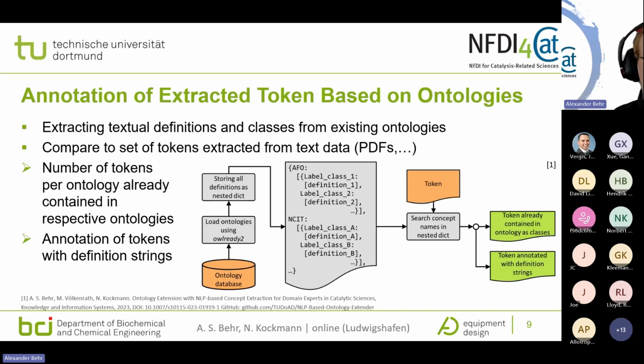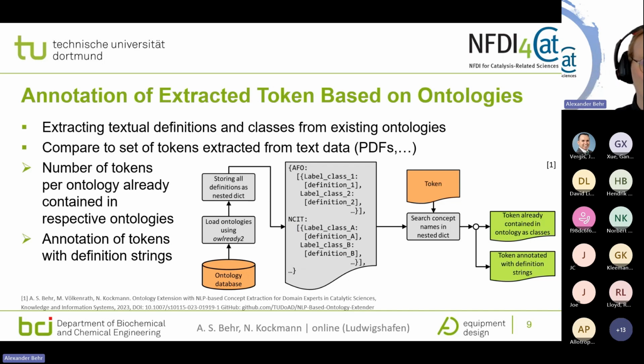As I said, we first went through all our ontologies, loaded them in with some Python tool, and stored information in a nested dict. That's not that sciencey here, I would say. But then what we did, basically, we listed, as you can see here for example for the AFO, the Allotrope Foundation Ontology, for each class our label and the textual definition and so on, for every class and every definition that was contained in there, and did this also to some other ontologies in the same manner,